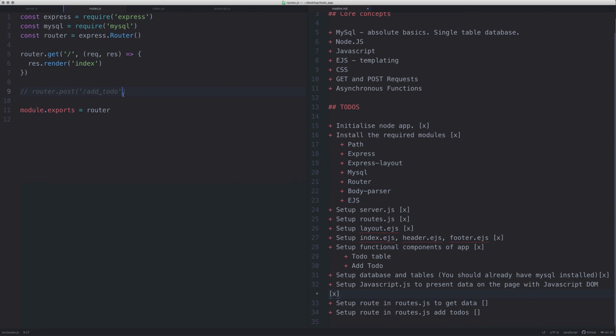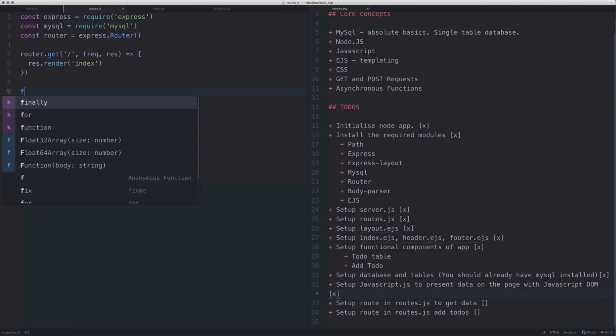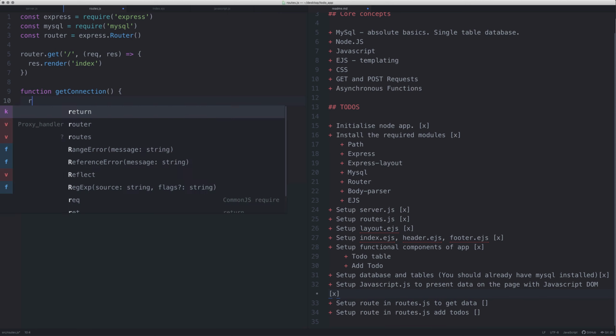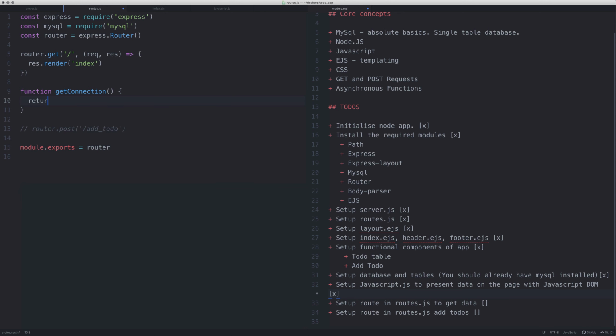So, let's figure out what we first need to do. I think the main thing we really need to do first is to get the connection. A word of warning: MySQL has a limited number of connections that you can make. I think it's either 100 or 500 connections you can make simultaneously. So if you were making this for, let's say, a small business, or you were creating any Node.js app, then what you would need to do is